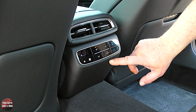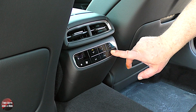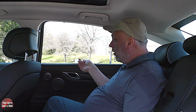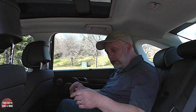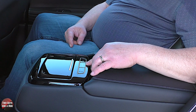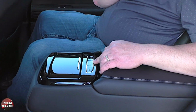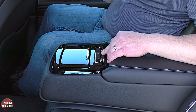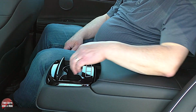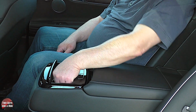You've got airflow control. You can turn it off, turn it to auto, and then you can raise or lower the temperature. Okay, in the back you do have manual shades for both windows, and in the center armrest, I really like this. They put your 3-stage heated seats right here where it's easy to reach. You also have a power shade for the rear, so the passengers can raise that as well as the driver can. Inside here you have 2 cup holders, again with a removable rubber bottom that you can take out